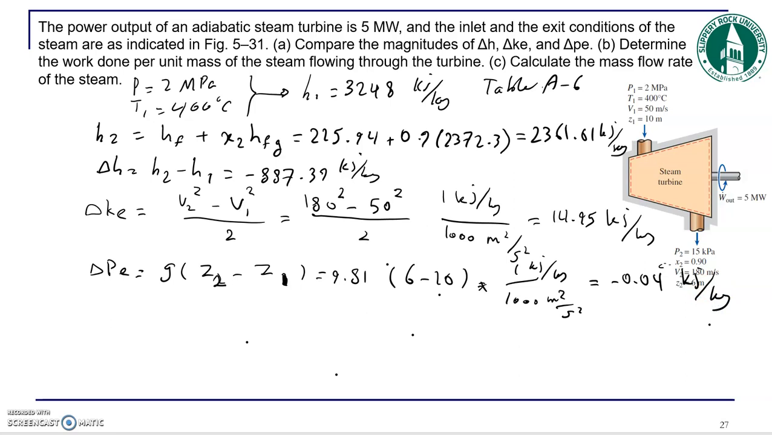So that's basically all the part A problem. In part B, what we want to find is to calculate the work done per unit mass. So for this we need to use the first law of thermodynamics, and since this is a steady state system,